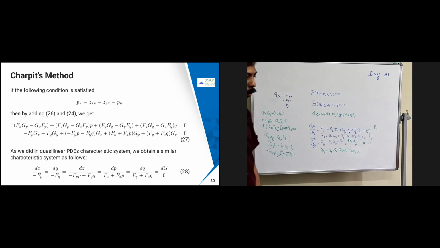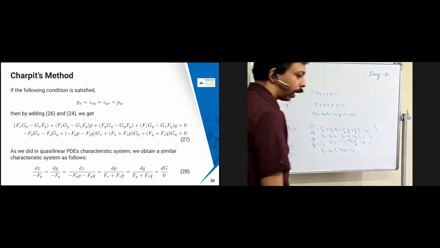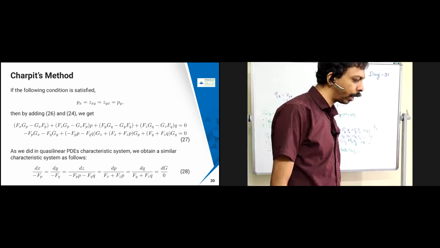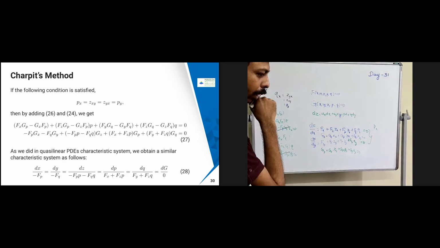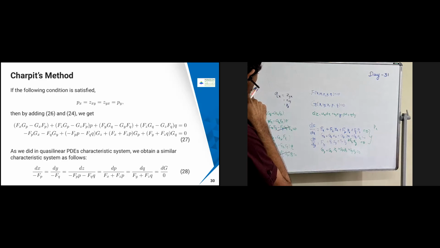Then the remaining terms are going to become like, we are going to get fp into gx. So I'm just going to collect the sum of the terms. Fp into gx is there, and then what else will I have? Anything cancelling? Nothing is cancelling. Fx gp minus gx fp is there. Minus fp gx is there, gx fq is there.